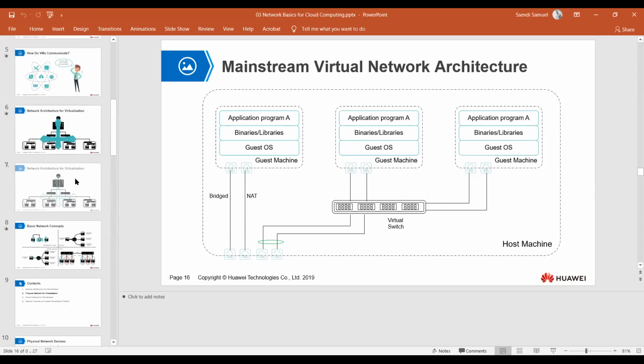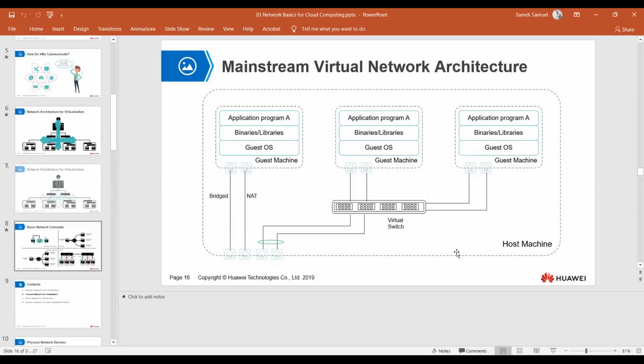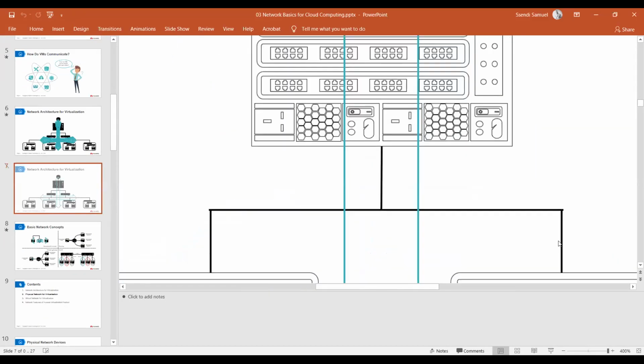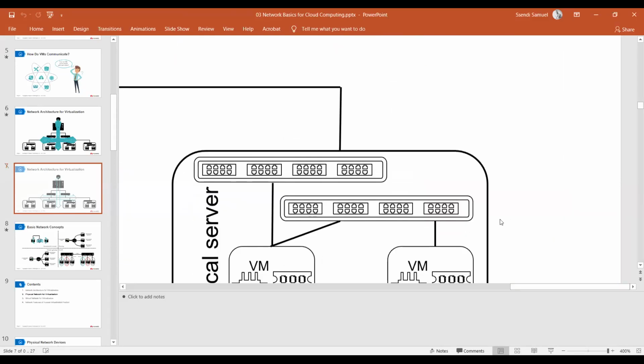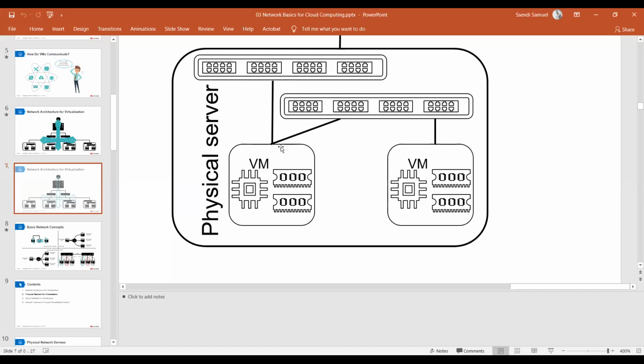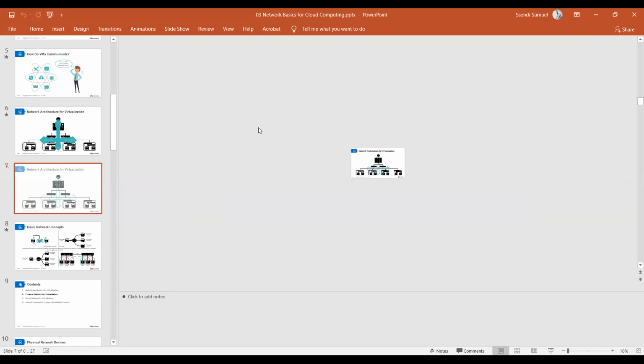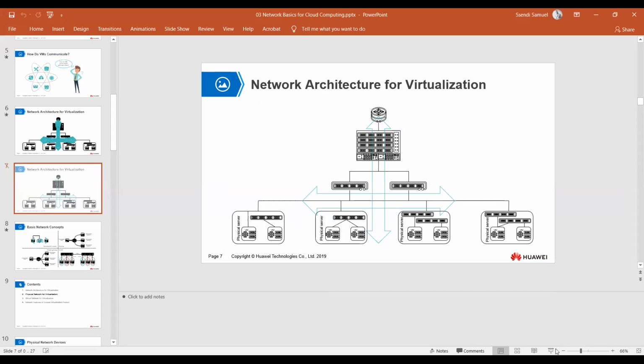I think this card diagram just describes it. This machine has different virtual NICs and it's connecting to different virtual switches, isn't it? Yes. So that makes our answer,